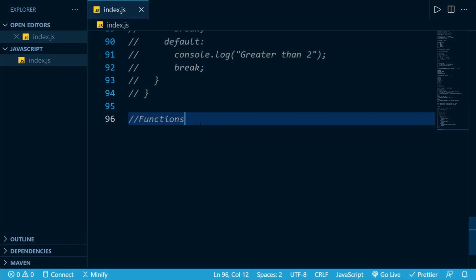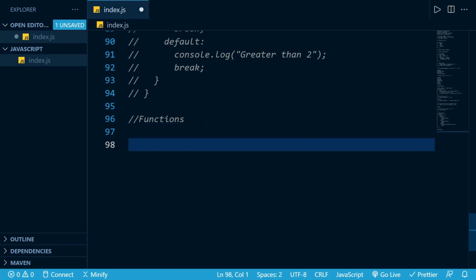So today's last topic is functions. So what are functions? A function is basically a block of code, you could think of it like certain lines of code which you can execute again and again. So it's different from loops. It's not like a loop.